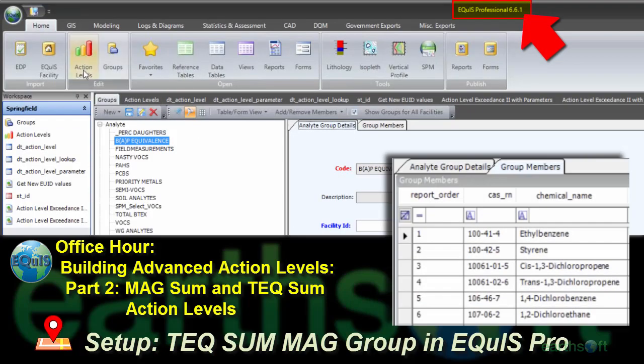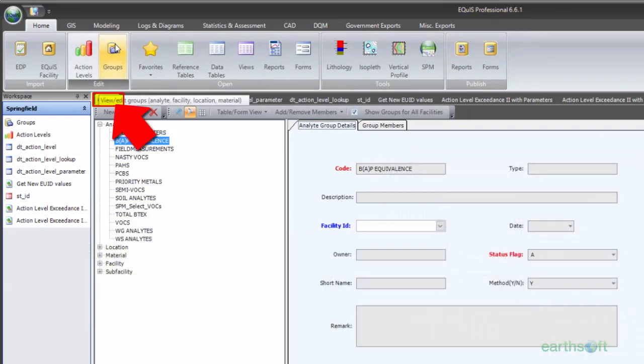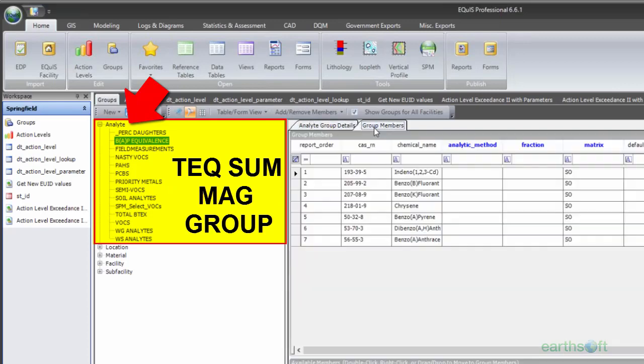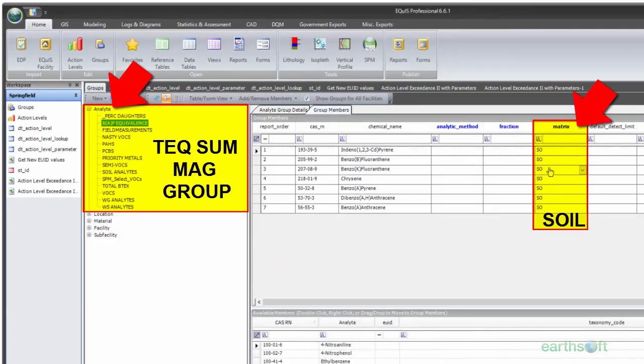Here I'm working from EQuIS Professional 6.6.1. This is the groups GUI. In order to access this, all you have to do is click on the groups icon here. I've already set up my TEQ sum method analyte group, but I just want to go over some of the fields in the groups GUI. These are the members of this group, and I've actually selected that I only want to use a soil matrix